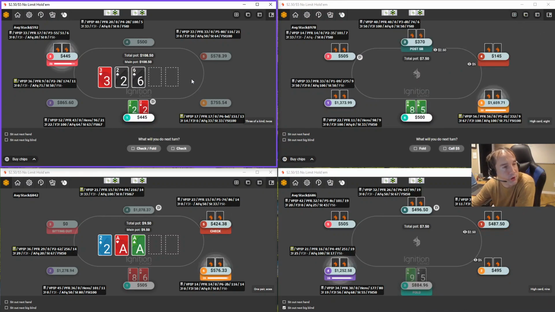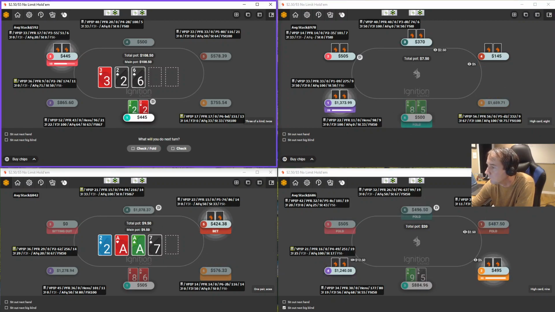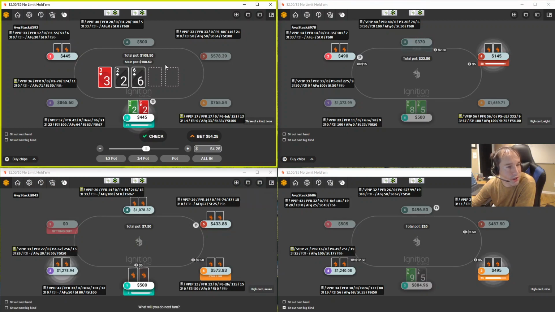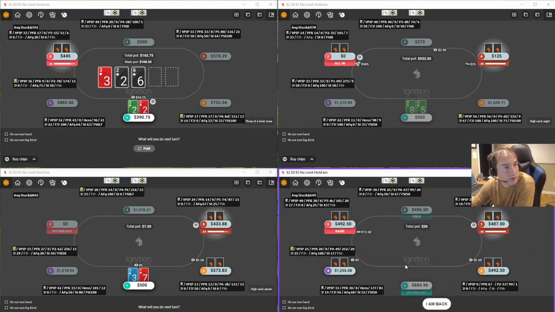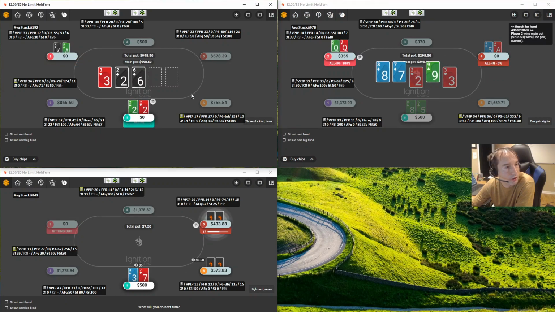Great flop for him, the 6-3-deuce two-tone board. He checks to me, so I'm going to go ahead and stab for half pot. I won't stab range here. Not quite sure how wide I want to stab, but I definitely do want to be value betting my sets. And he just goes and check jams, which makes my life real easy as I call off with my deuces,